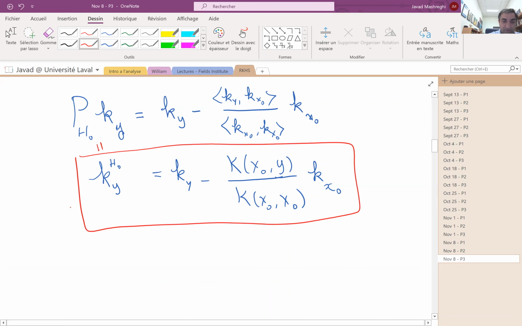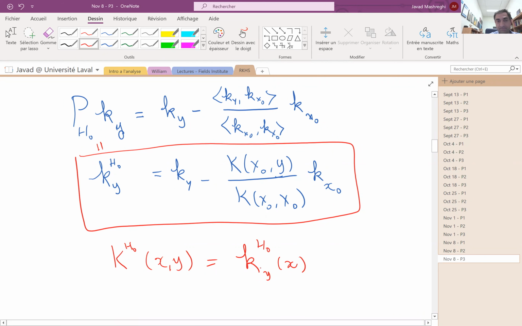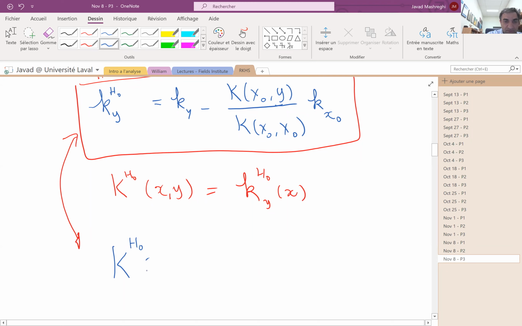And if we write it in the form of capital K_H0 at point (x, y), it is the same as little k with index y at point x. So we evaluate both sides at point x. Capital K_H0(x, y) is equal to capital K(x, y)